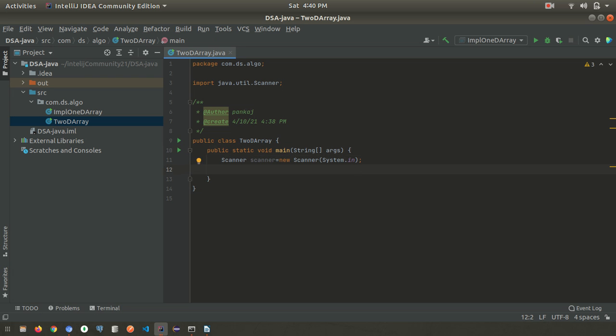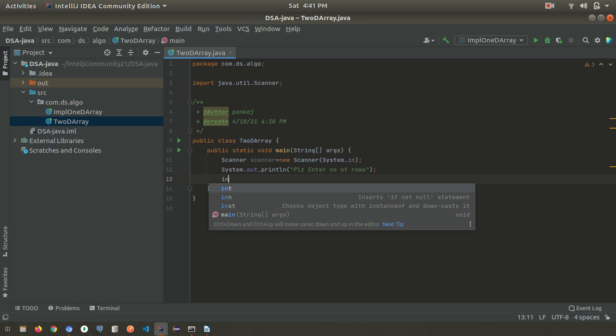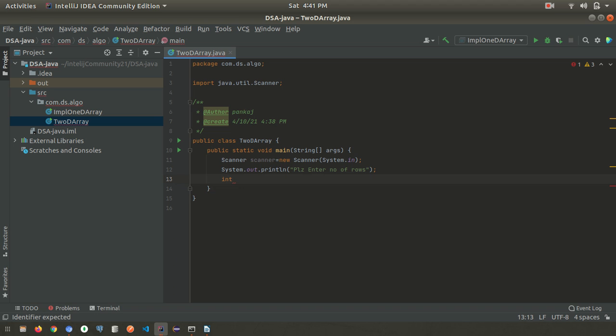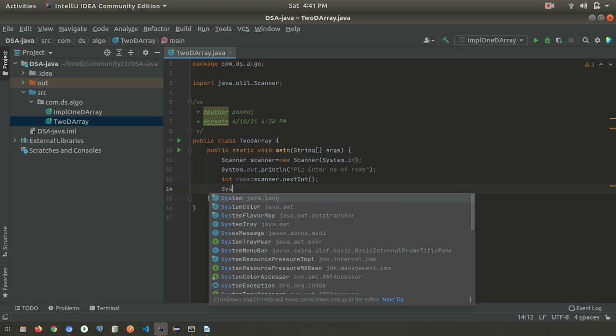We'll ask the user, System.out.println, please enter number of rows, okay, and that number of rows we can collect in this variable, rows equal to scanner.nextInt.